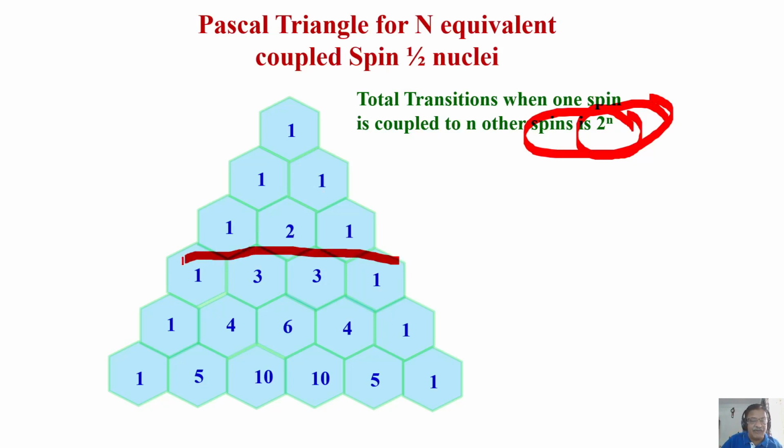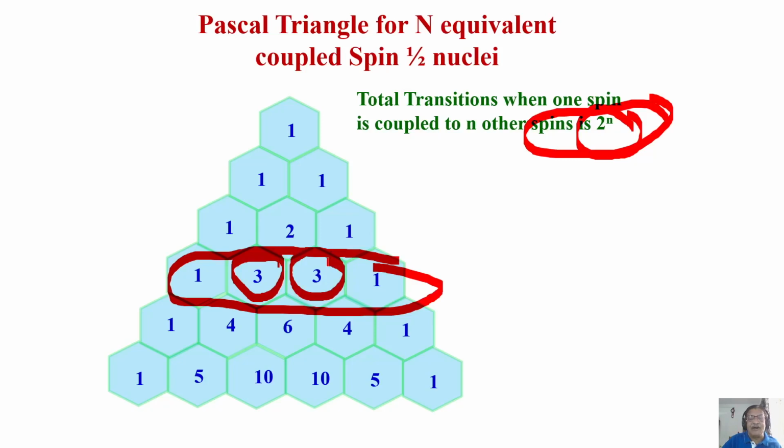Similarly, if you see here, one is coupled to 3 other things, how much should you get? 2 cube. 2 cube is 8. There must be 8 lines. But what happens? You get intensity 1, 3, 3, 1. 3 lines here are overlapped. 3 lines here are overlapped. And 3 plus 3, 1 plus 1, there are 8 lines. So the number of lines does not change. The pattern appears triplet and quartet, etc. because some lines are overlapped because they have the same coupling, and it appears as if we are observing fewer lines. In reality, these are 8 lines.